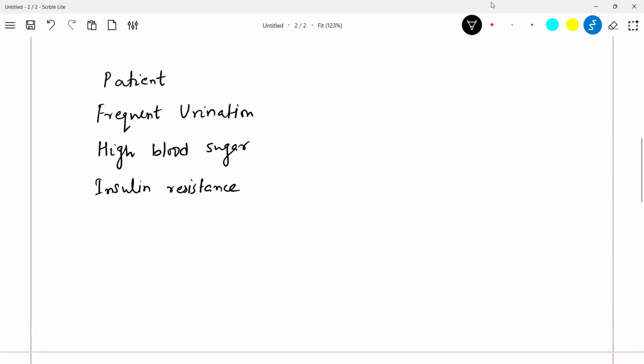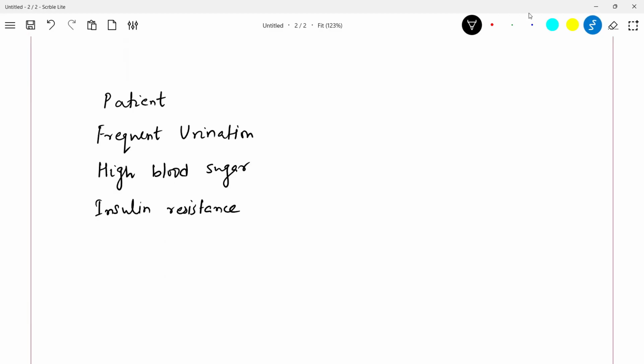So when somebody searches "frequent urination", how GraphRAG will work is, suppose this is an entity. I will write here E for entity. This is an entity, this is an entity, this is an entity. And then there is a relationship. This is called a relationship. And here I will call frequent urination FU. So this entity is related to this entity with a relationship.